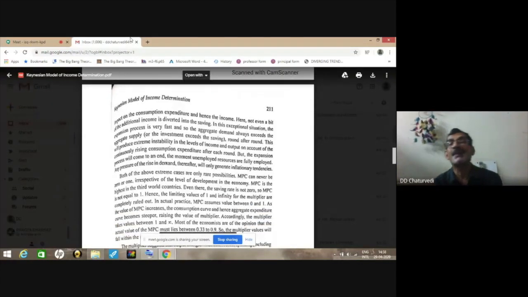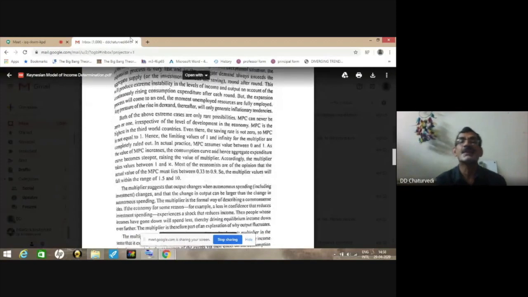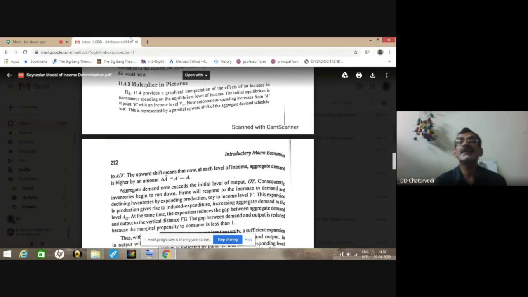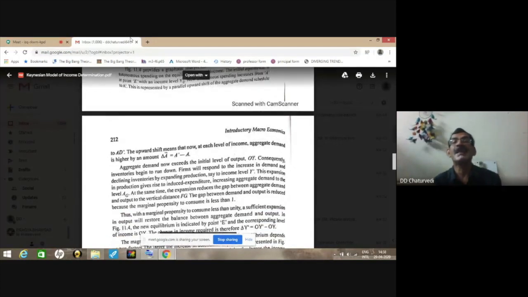These concepts of multiplier in 2, 3, 4 sector economy will be used to explain several policy implications and to derive several other multipliers in the next chapter. So I expect that each one of you would revise whatever I have discussed in this chapter. Only then will the student be able to understand the next chapter. As far as the previous chapter is concerned, that is also important, but that is not related to the last chapter in a close manner.